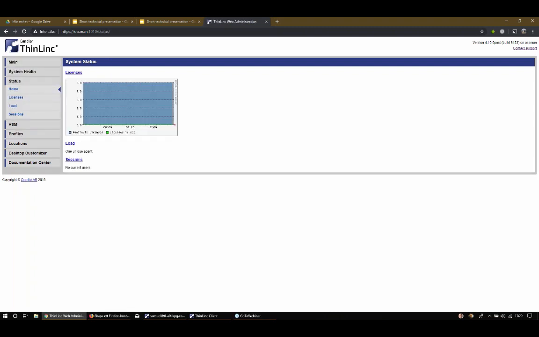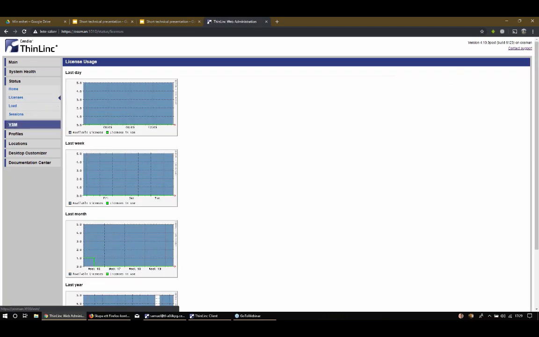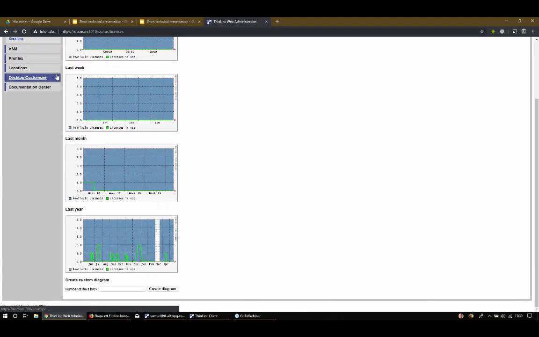We can also see the status of the licenses used. This is one of my colleagues' installation. It doesn't have any active sessions at the moment, and only one active server. But here you can see some graphs for license usage, for example.